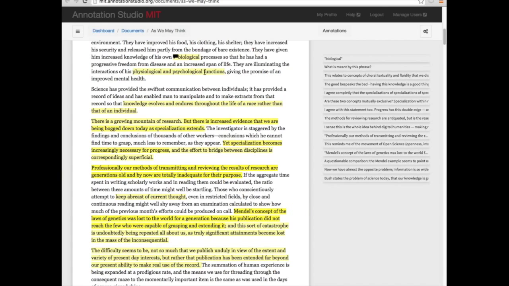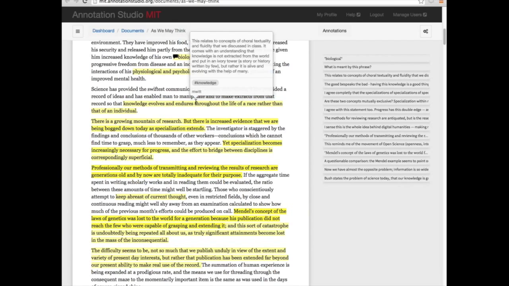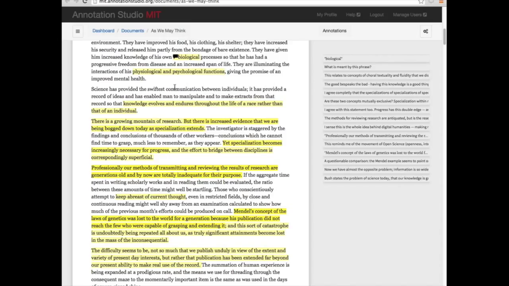I can also decide whether I'd like to see just the annotations on this visible portion of the text or annotations made on the whole text. You can see here there's a large number of annotations. This quickly gets somewhat difficult to manage and somewhat difficult to navigate. So by default, we have this viewport filter